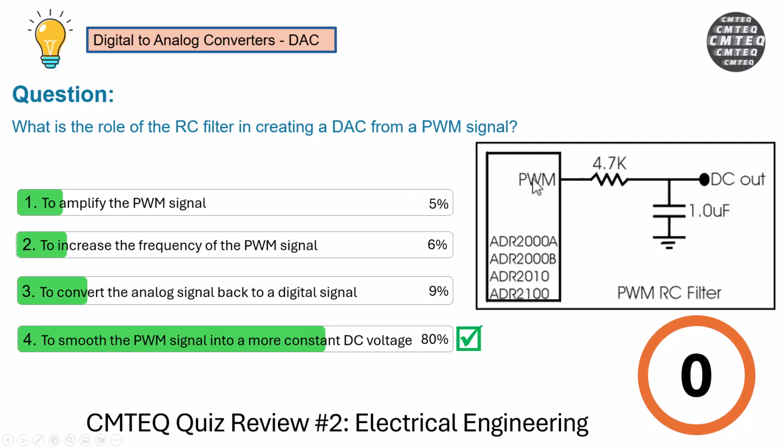But then there was a question from the comment section of this particular quiz that asked, is there any advantage between this particular kind of PWM digital to analog converter setup and a resistor ladder setup? Now, clearly, this looks much simpler to me, okay? Because I only have a microcontroller here and an RC filter. Now, if I want to make this from 0 to 10, because right now I'm limited to 0 to 5, because that will be the maximum voltage from the Arduino,